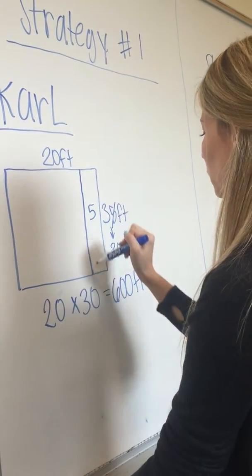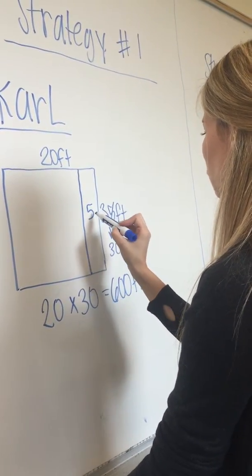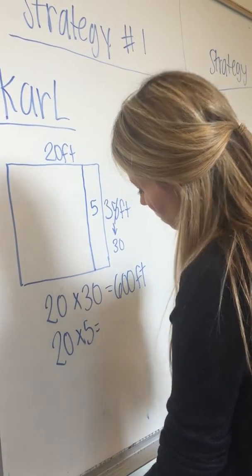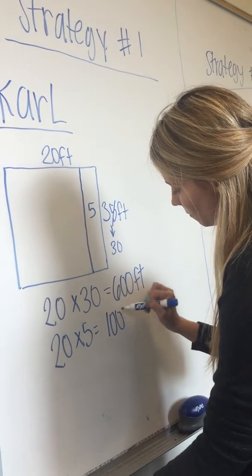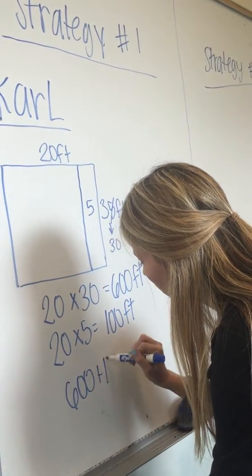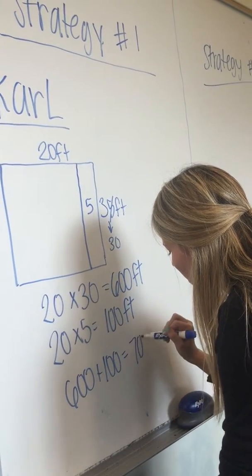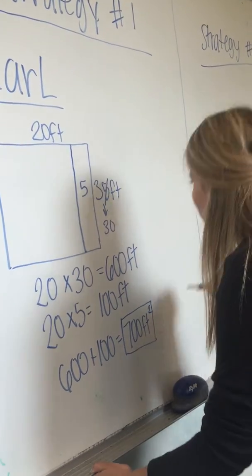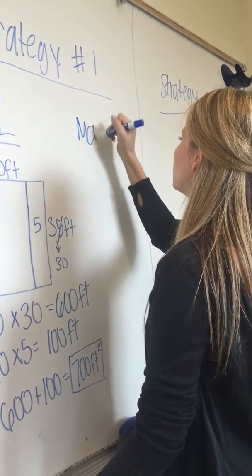And then I multiply the remaining part that I took away initially, so 5 by 20 gives me 100 feet. And then adding the 600 plus the 100 gives me a total of 700 feet squared for Carl's area. And then for McKenna's garden,